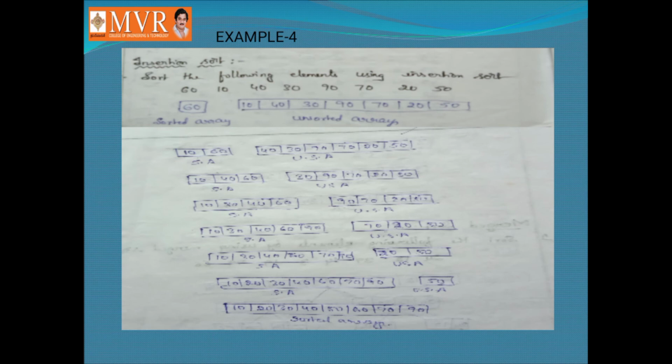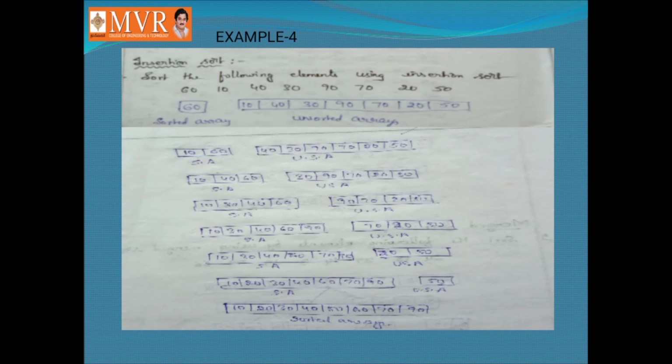The elements in the sorted array are 10, 40 and 60. After this step, I compare the next element, 30, with the elements in the sorted array. First I compare with 10; 10 is smaller than 30, it is in order. Then compare 30 with 40; 30 is smaller than 40. So I have to place it between 10 and 40. So I have placed it. Now my sorted array becomes 10, 30, 40, 60, and my unsorted array becomes 90, 70, 20 and 50.